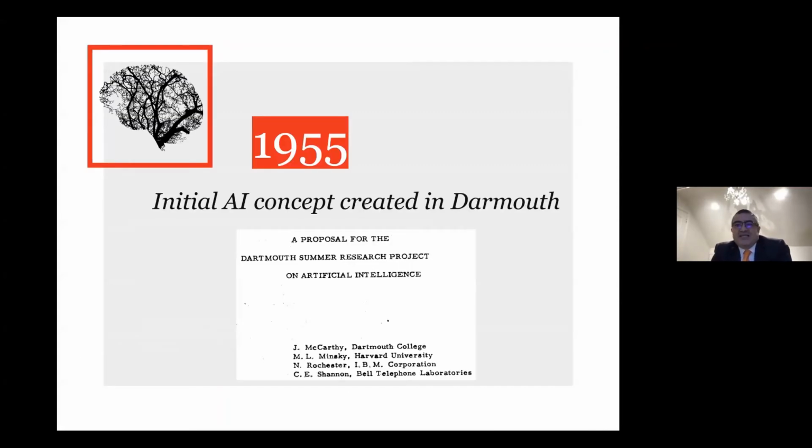I wouldn't be an academic if I didn't start from the sources. So strictly speaking, the concept of artificial intelligence started in a city called Dartmouth in the US, on the East Coast. And it started as a summer project. It was a research project in August 1955 by 4 people, led by John McCarthy, Marvin Minsky, Rochester for IBM, and Claude Shannon. Claude Shannon, of course, is very well known because of communications.